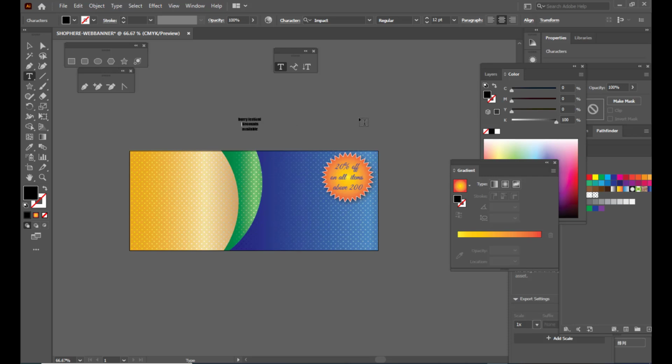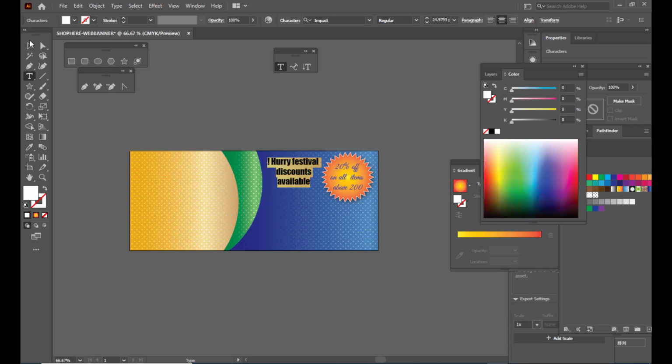So I have brought this content here and we'll place it over here. So we'll also center scale it, right, and we'll make the H a capital H and we'll also put an exclamation mark, right, and we'll change the color to pure white, right, just keep it over here.